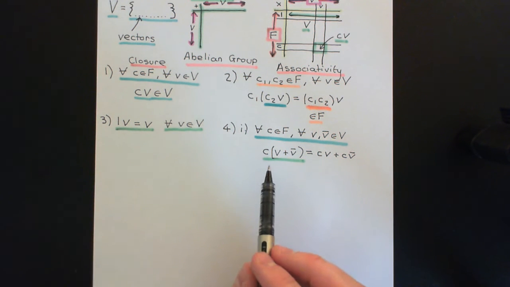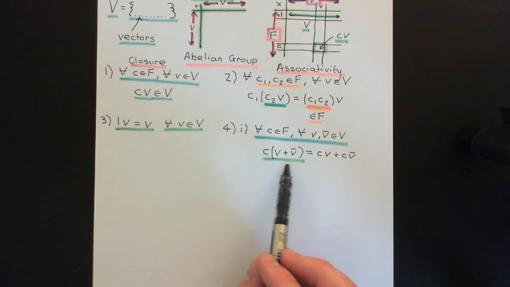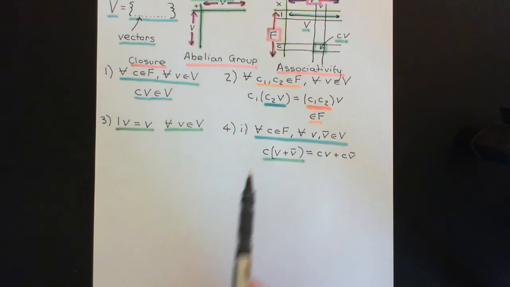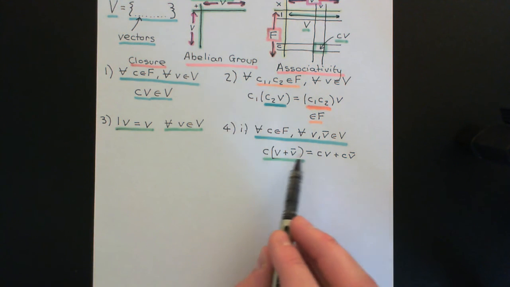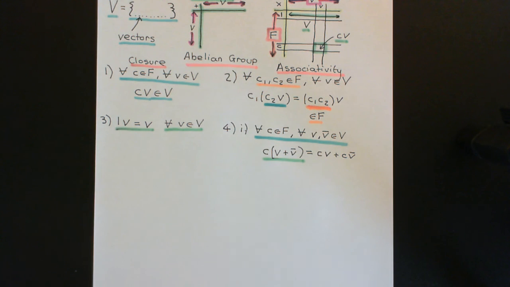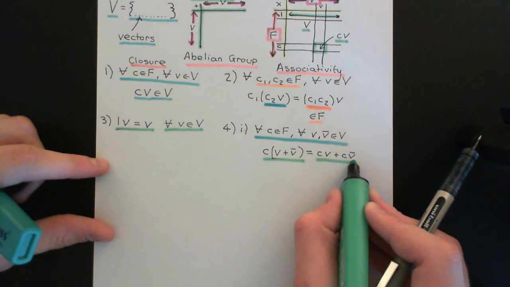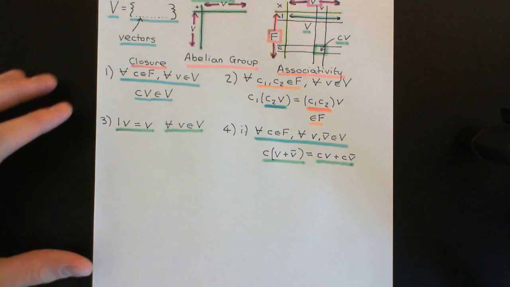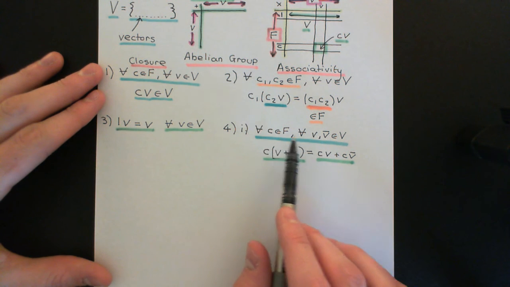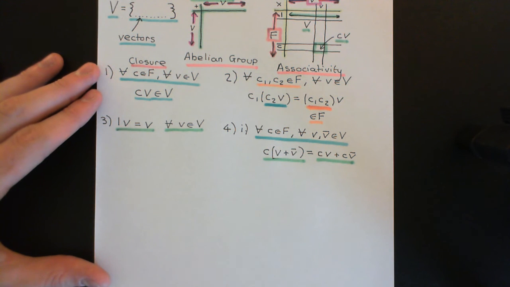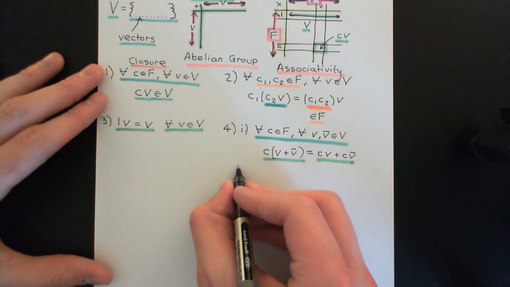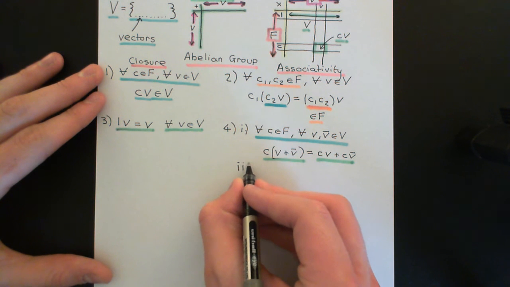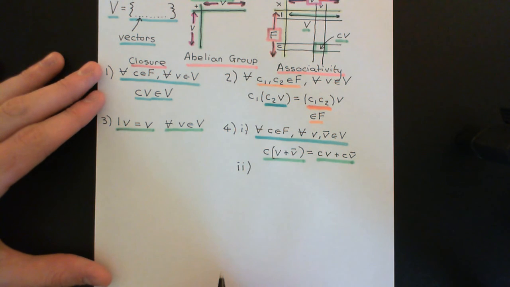So we're going to insist that it doesn't matter whether you first add the two vectors together and then take the answer and scalar multiply it by c, or if you firstly scalar multiply each of these two vectors by c and then add them together. So this basically is that scalar multiplication should distribute over the addition in the vector space. And that should be true for whatever little c you pick and whatever v and v bar you pick. So that's distributivity number 1, but there is actually a second distributivity that we're also going to insist on,